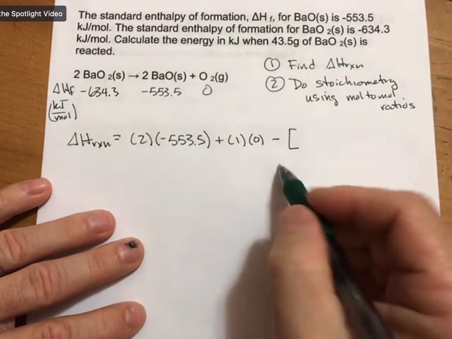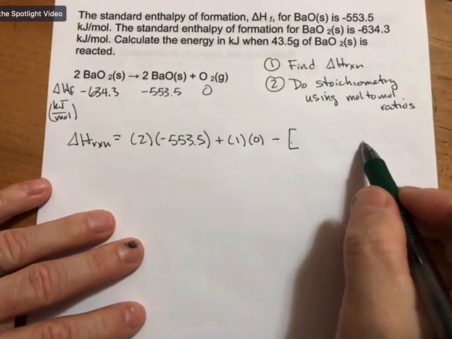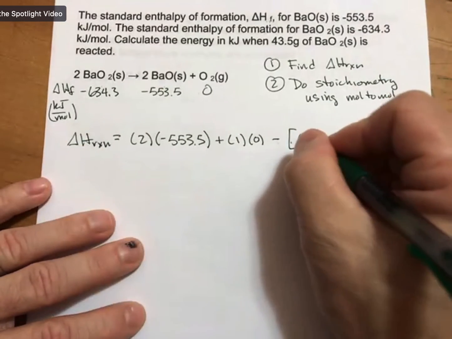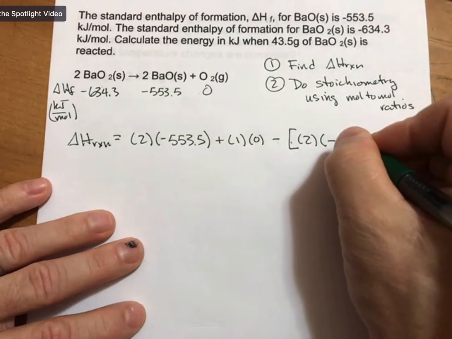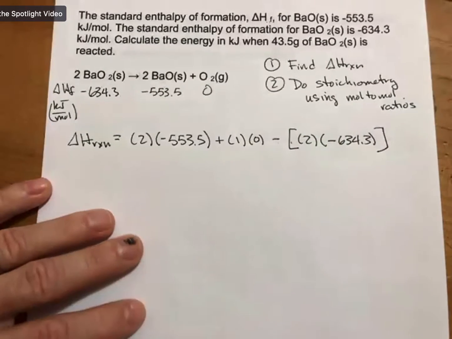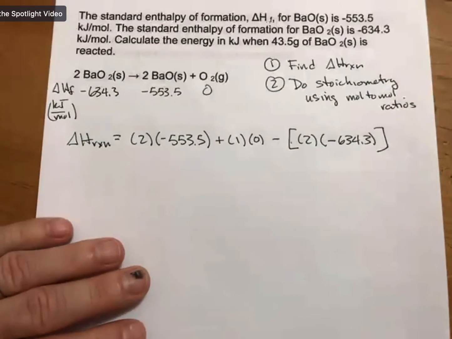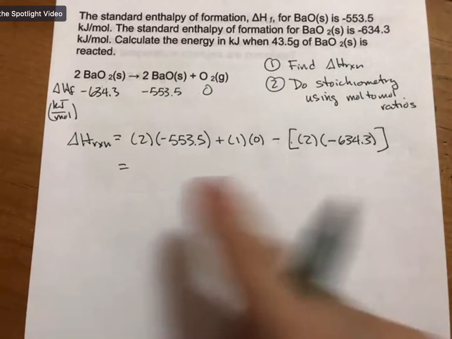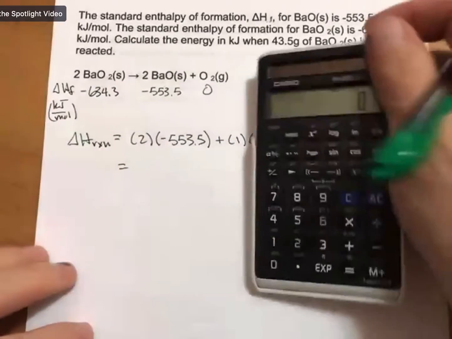But the important thing is it's subtracting off the reactants times their coefficients. And we'll get 2 times the minus 553.5